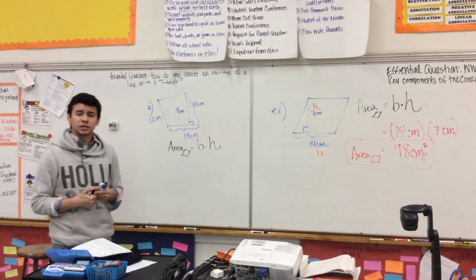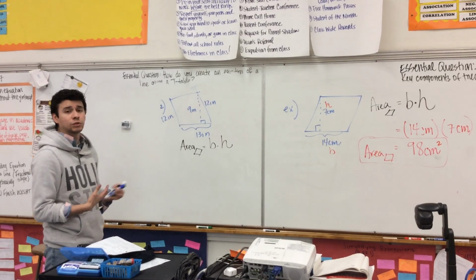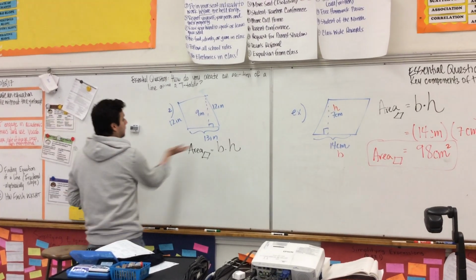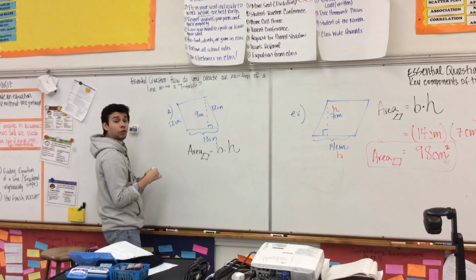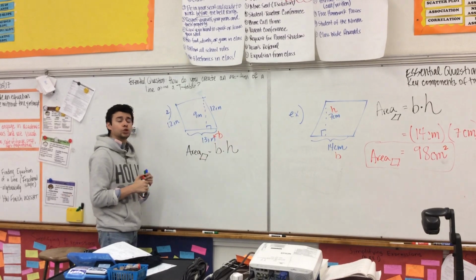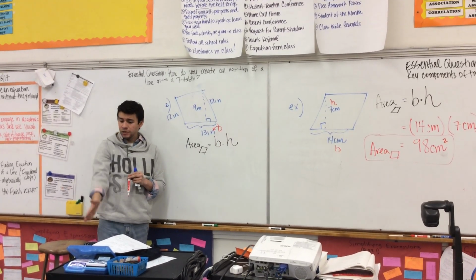So now you're looking at this. Hernandez, you gave me so many numbers. Don't worry. First of all, the easiest one to identify is the base. Look for the bottom piece. How much is the bottom piece? 13. This is the base. Which one's your height? Remember I told you the height is the one that goes straight down and makes that